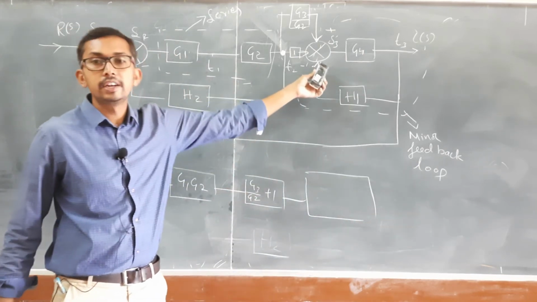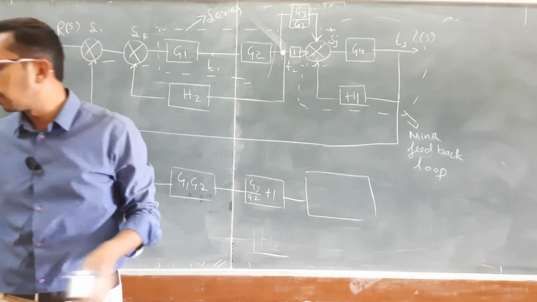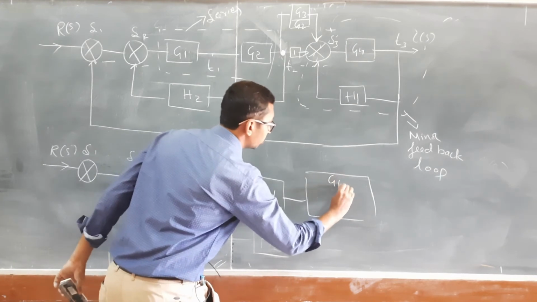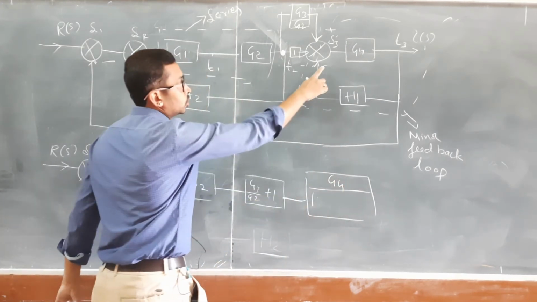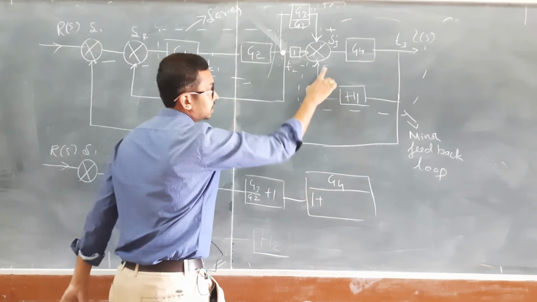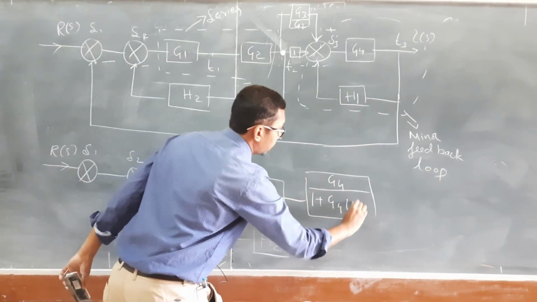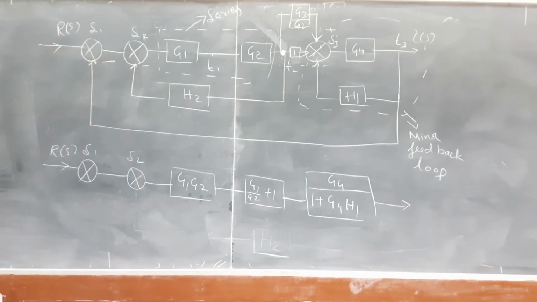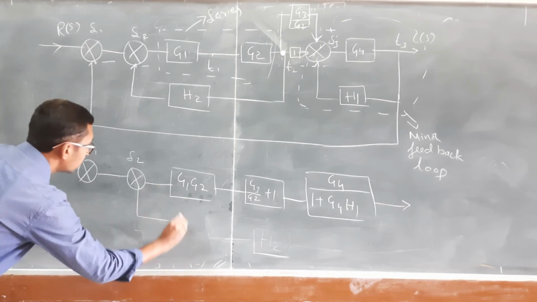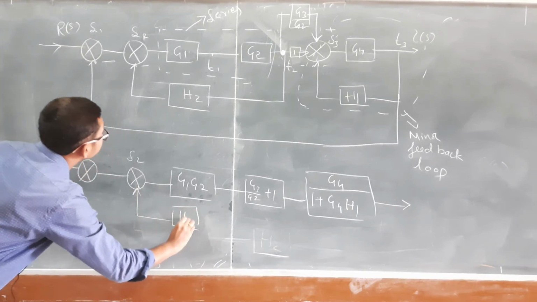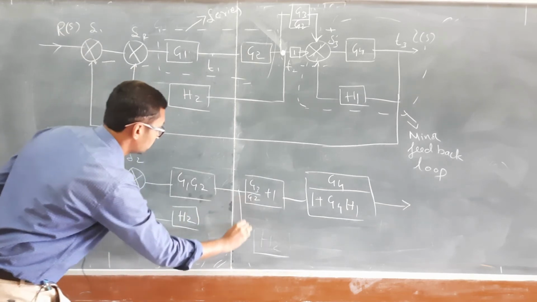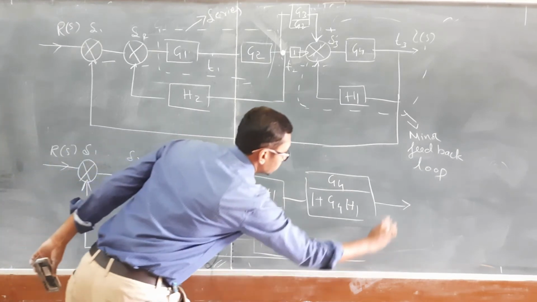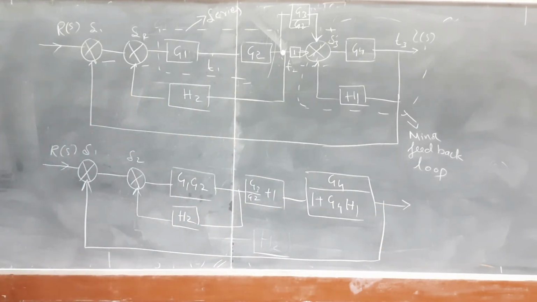Here we have a negative feedback loop, so in the formula we are going to get the positive. Therefore it will be G4 over 1 plus, here it is a minus, so G4 H1. Okay, that is C of S. Next, what else do we have here? We have H2, and we have this feedback loop, and also one more feedback loop. Right? Any doubts up to here?